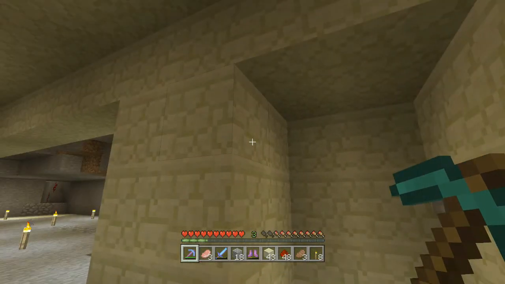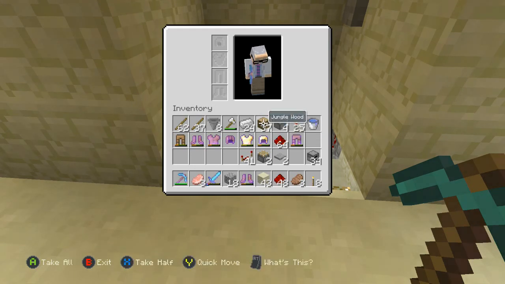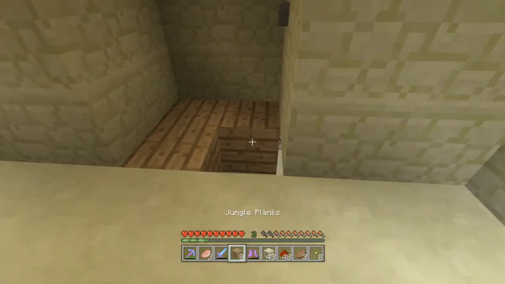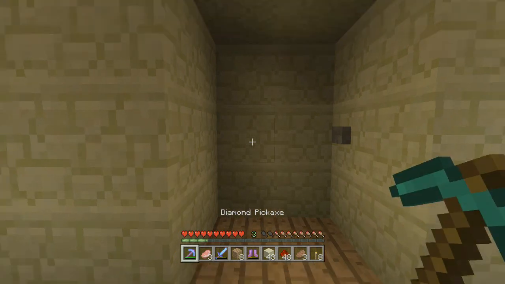But I would definitely like to change out all of this sandstone, that's for sure. So what could I use? I mean, for now we could just throw some of this jungle wood plank. I mean, that's something at least, right? And then